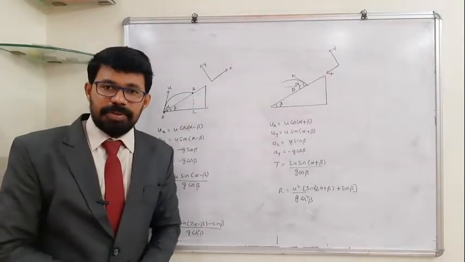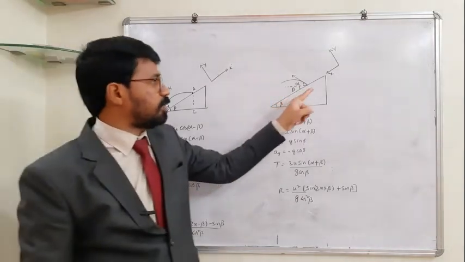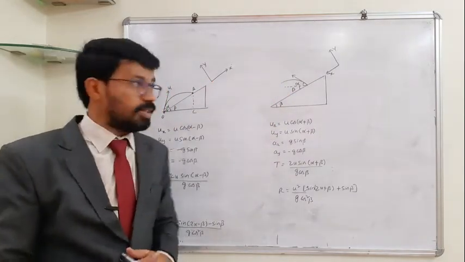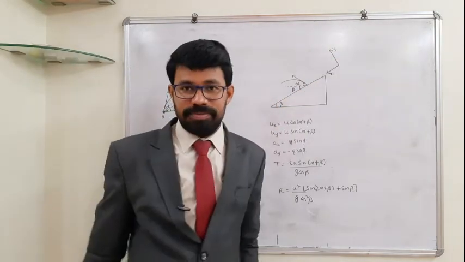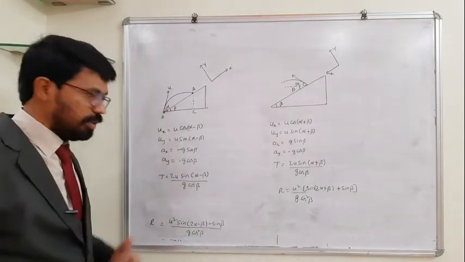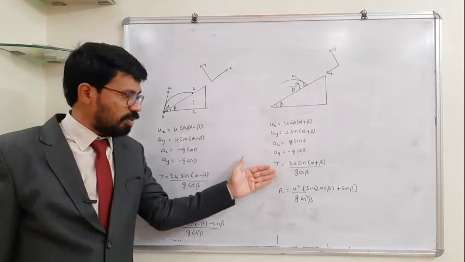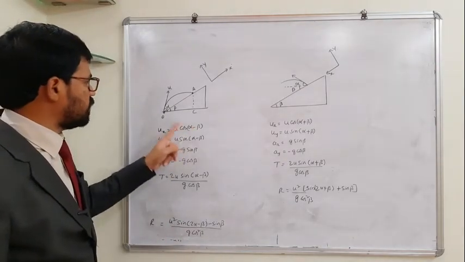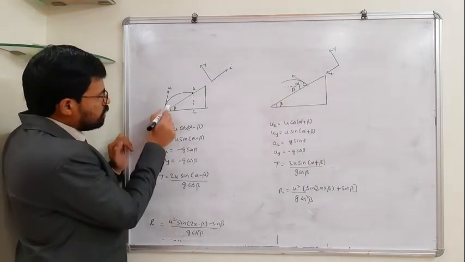So now let us compare both the situations. Here the body is projected up the plane, and here the body is projected down the plane. To understand everything, this is the coordinate system that you can take as reference: positive x, positive y, and here positive x, positive y. Let us compare parameters in both the cases. Here we have already explored the details very clearly. A similar procedure can be followed here to obtain the values of time of flight and range along the plane. So ux here is u cos alpha minus beta along this direction, right? And uy is u sin alpha minus beta, because this angle is alpha minus beta.